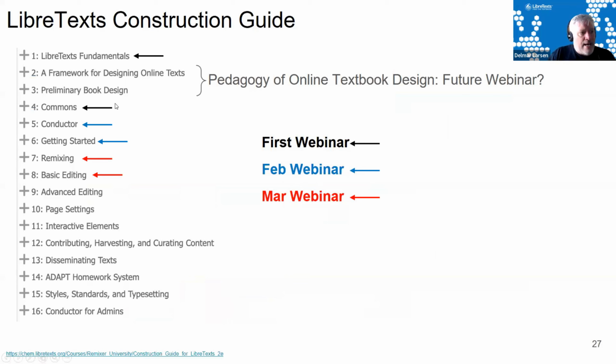This is just some of the aspects associated with the construction guide, dealing with different aspects that we will be focusing on. We have a discussion around textbook design, which is particularly important to make sure that you organize things in a constructive pedagogical fashion. In fact, that's what Justin got his PhD in. But if you want to focus on any of the other things, including Conductor, Commons, Remixing, and such, you can find those entries right there. We do have a series of webinars, one per month, dealing with basic principles of these things.